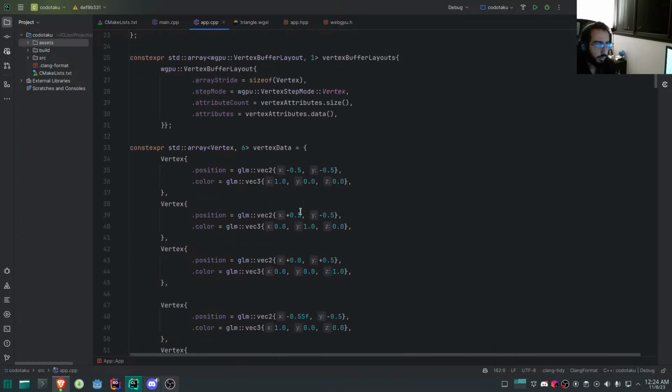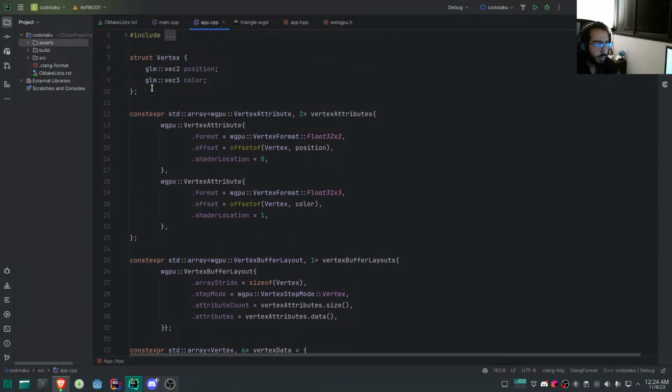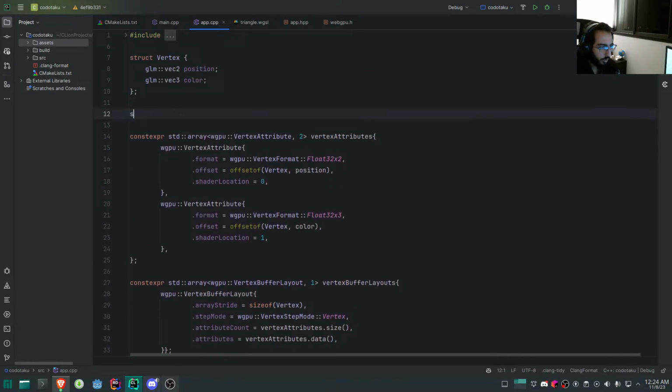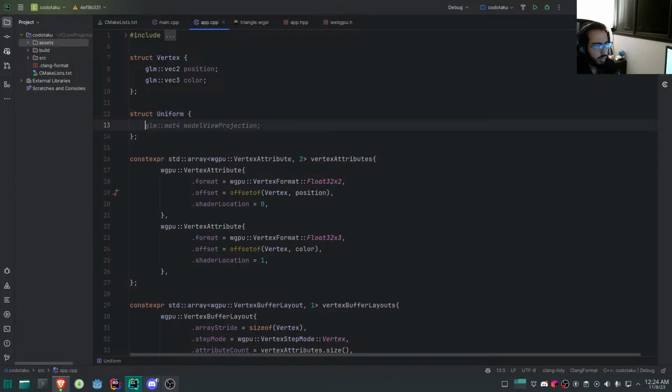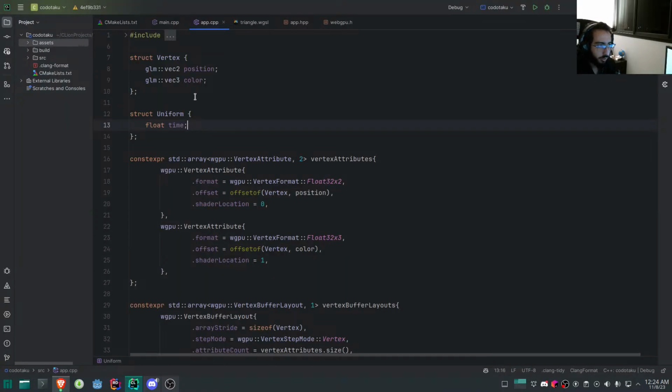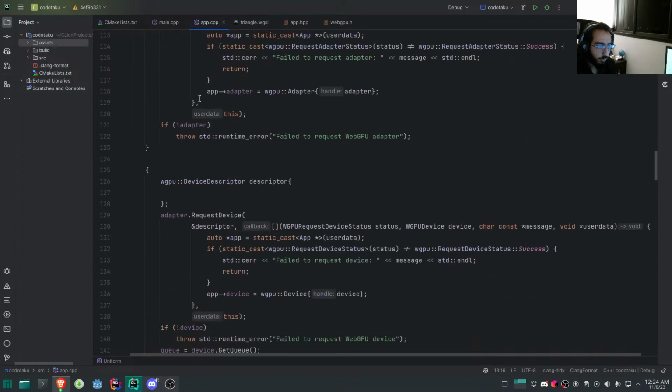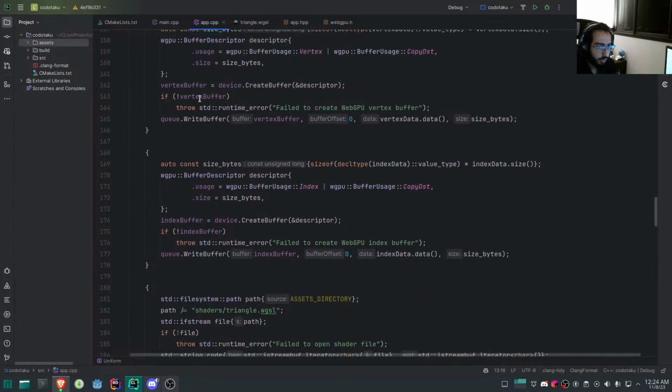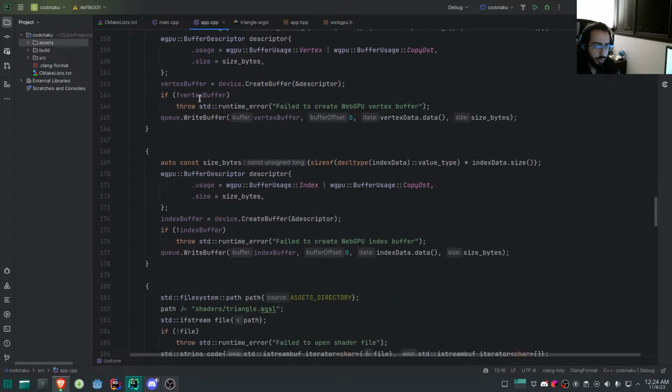So let's have possibly some struct for uniforms, I guess. Oh, model view projection. Let's start simple. Float time, I guess. Right. Float time. And down there, what we're gonna say is